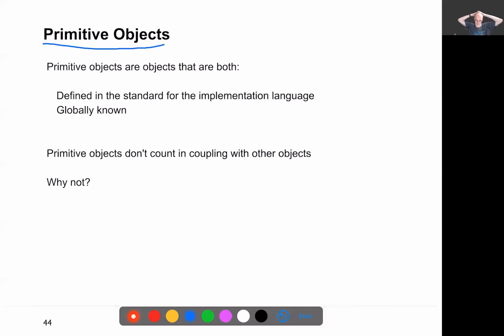Another concept here, the issue is, we talk about wanting as loose coupling as possible. Why? Because we want to be able to change things in our system, right? And the less things are coupled, the easier it's going to be. But now,